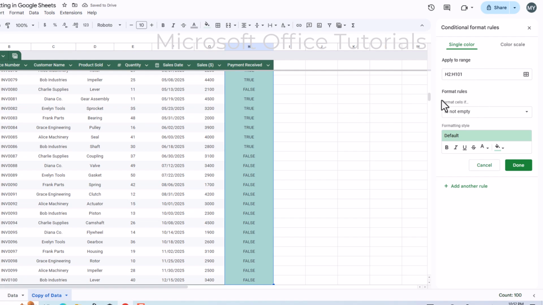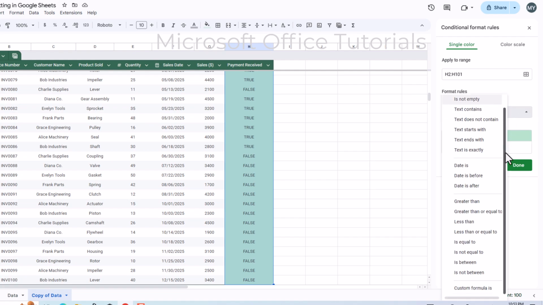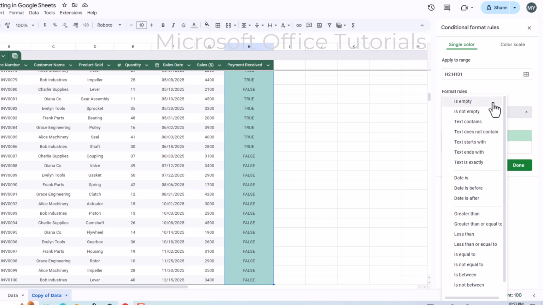Now we need to select format rules or criteria. I will click on this small arrow and you will see a list of the format rules appears. From this list, I need to select the most suitable criteria. As I want to apply the formatting if any cell has the text true, I believe the most suitable criteria is Text is exactly.